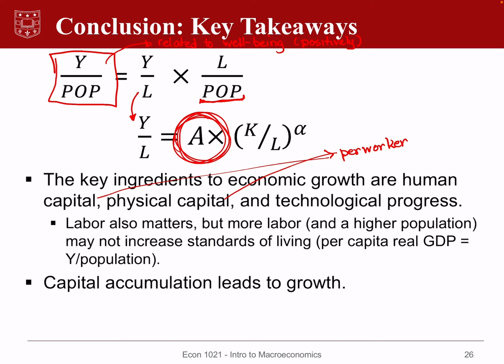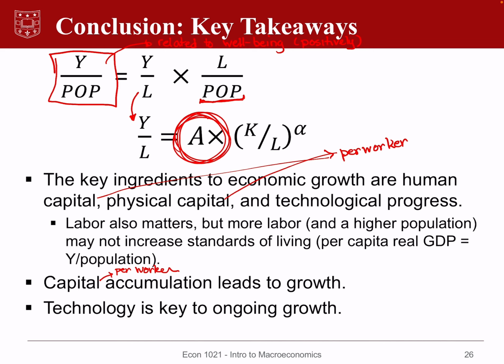If we have more capital per worker, that's going to lead to growth, of course, but that growth is going to be temporary. The key to sustained ongoing growth in the macroeconomy is technology, or technological progress,